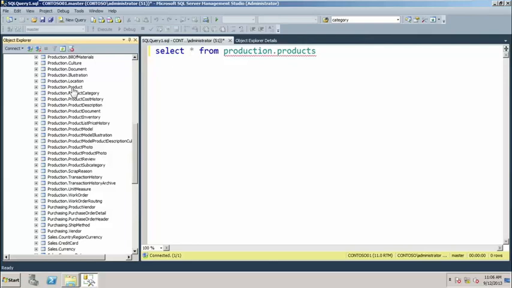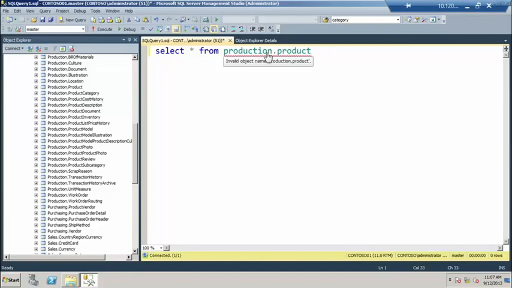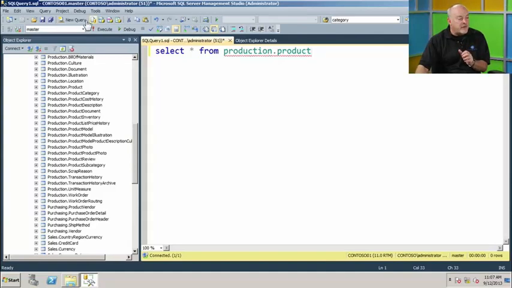And so I have an X on there. And so I'm going to hover over it again. And you're going to see it's still saying invalid product name. Now there's two ways. What I haven't done is identify what database I want to use. If I look up over here, right now it's using the master database. When I connect, it automatically connects me to the master database. That's one of the system databases. I don't want to work with that one.